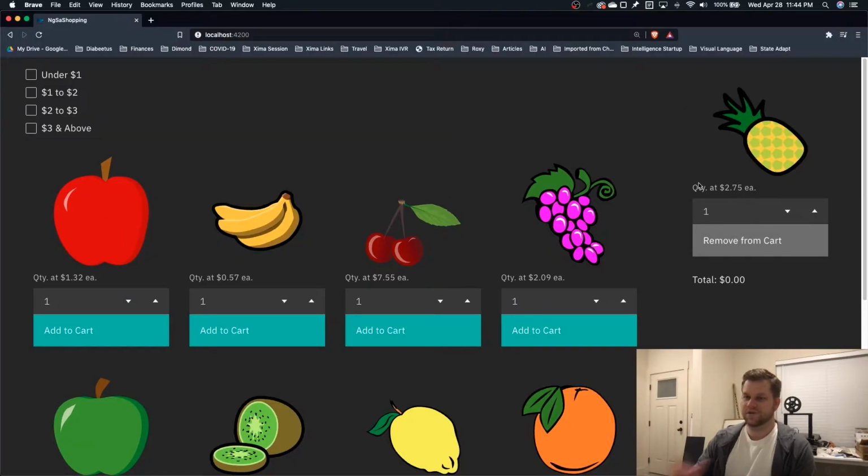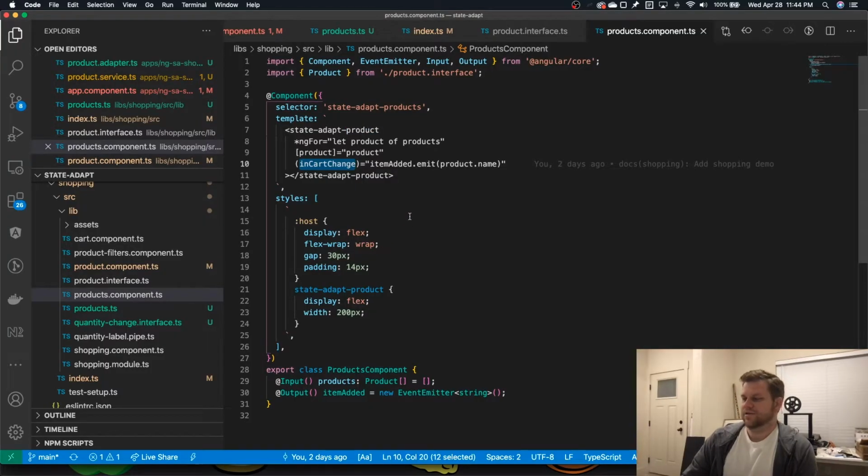This and this, and so if it's in the cart, it changes to this button, and if it's not in the cart, it looks like that. So just a lot of reused stuff there. It doesn't have to be, but I did. So yeah,